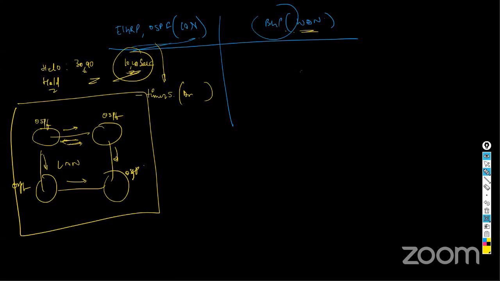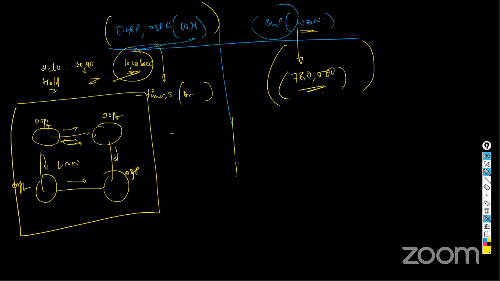In the case of WAN, it's not about 10 networks or 20 networks you're talking about. The WAN consists of 780,000 routes. So you understand the number. If you're sending hello timers in this scenario, your whole internet will be flooded with hello timers only. So this is one reason why I cannot bring these protocols to the WAN side. Fine. So what about the rest of the things which don't support these LAN protocols being WAN protocols?